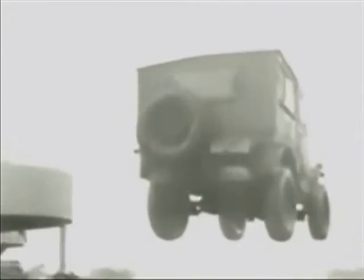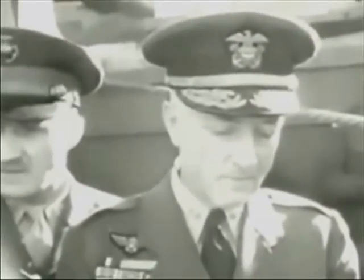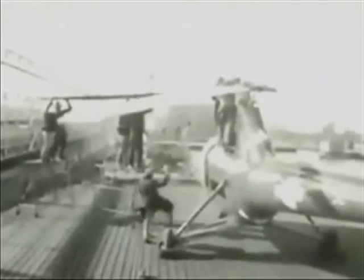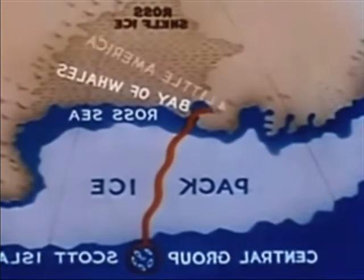It involved 4,000 U.S. troops, and the rumor is that there were also British and Russian contingents within these 4,000 troops. It was a massive naval operation. It was not, as it has been presented to the public, a peaceful expedition to explore the natural resources of the South Pole. They descended to Little America, which is the place of the previous Admiral Byrd landings on the South Pole. And then they started a massive